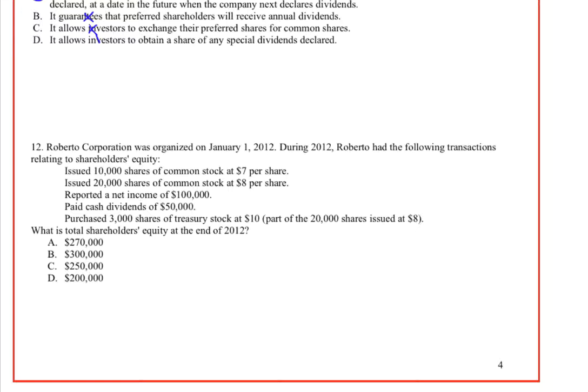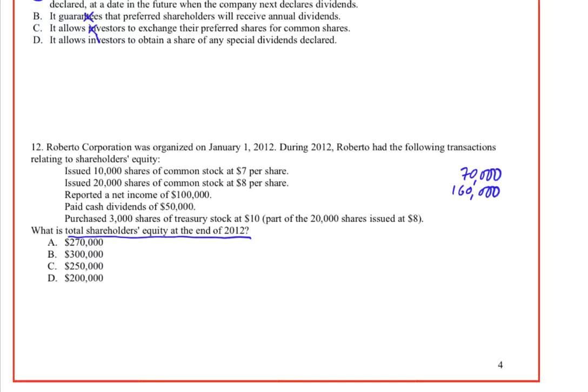Question 12. Roberto Corporation was organised on January the 1st, 2012. During the year, the company did various things, and the question is, what's the total shareholders' equity at the end of the year? The issue of common stock is clearly going to increase stockholders' equity by 70,000. The issue of common stock a little bit later at $8 per share is going to increase stockholders' equity by the amount of cash raised,